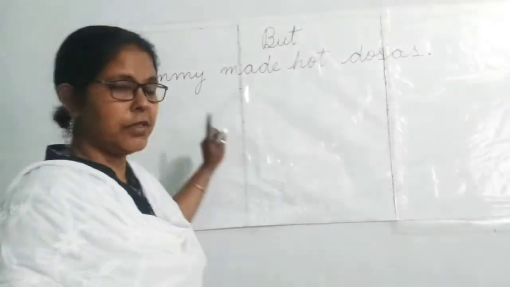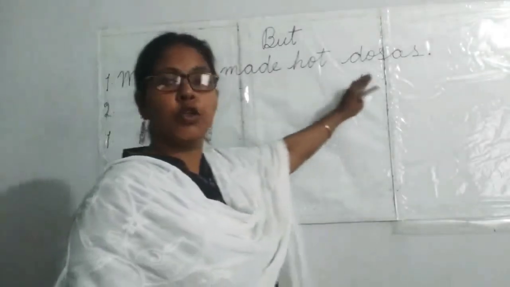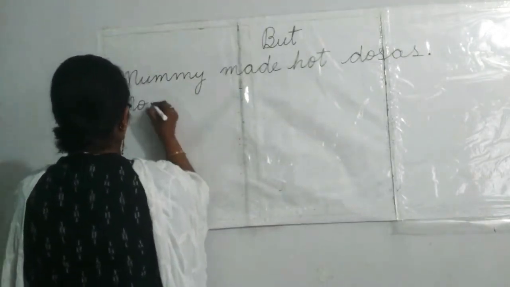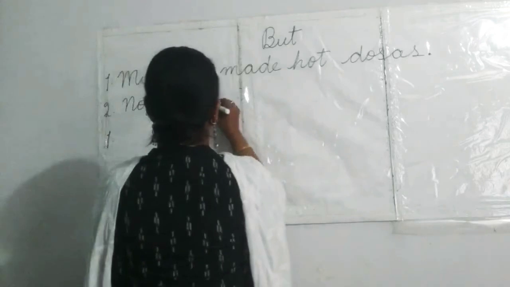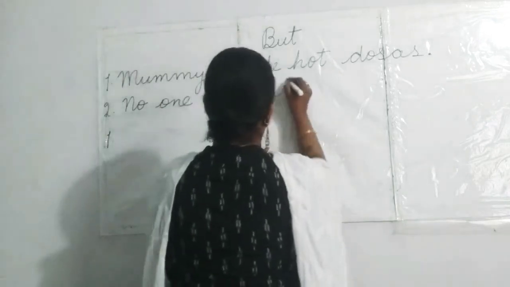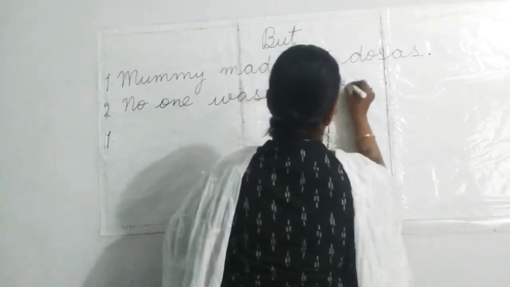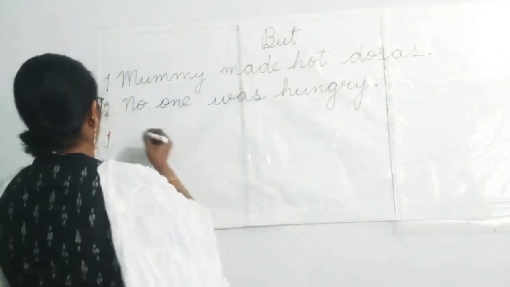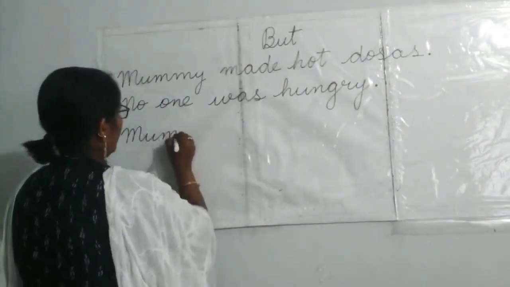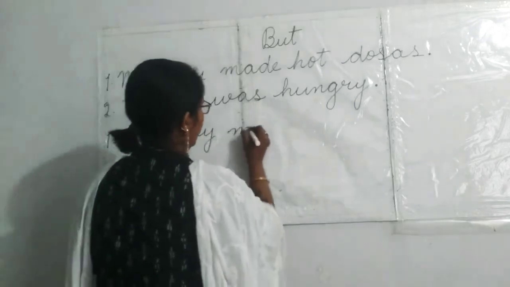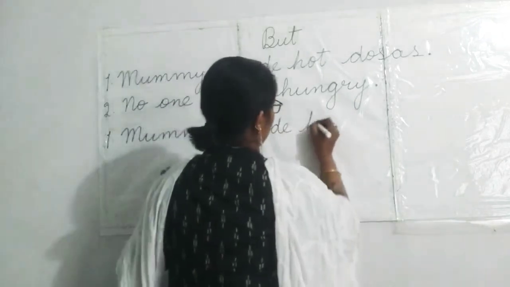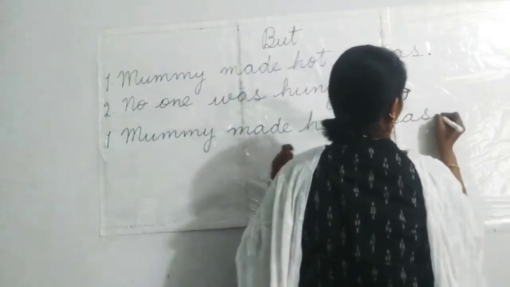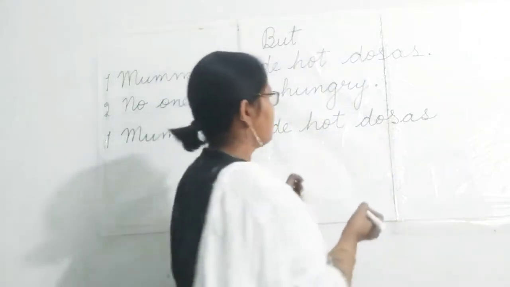Next one, first sentence will be, mummy made hot dosas. Second sentence, no one was hungry. So we write it down now. Mummy made hot dosas, okay, but